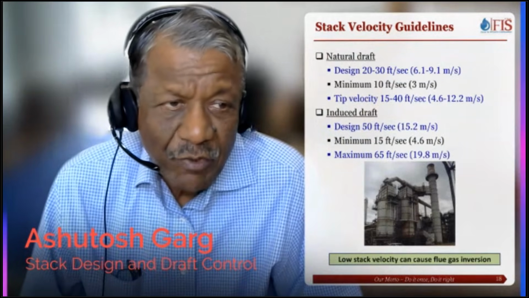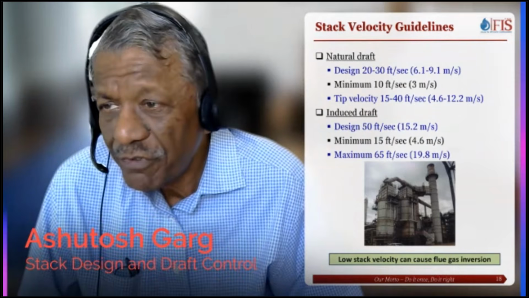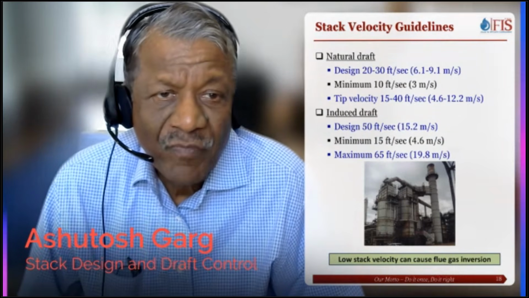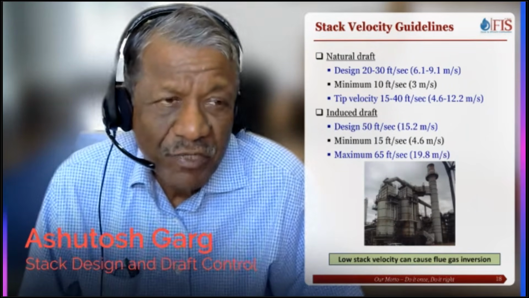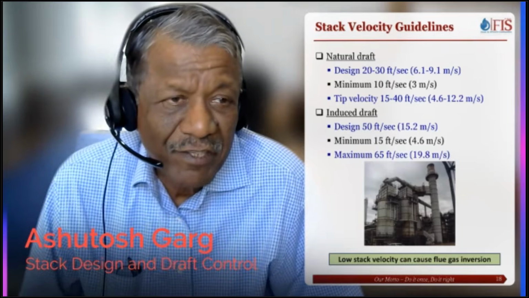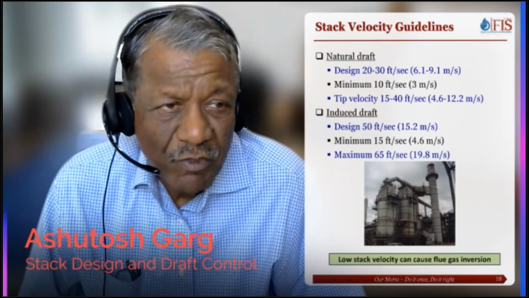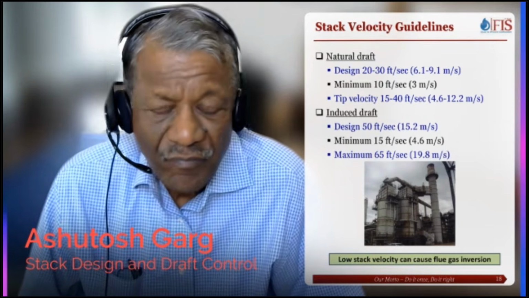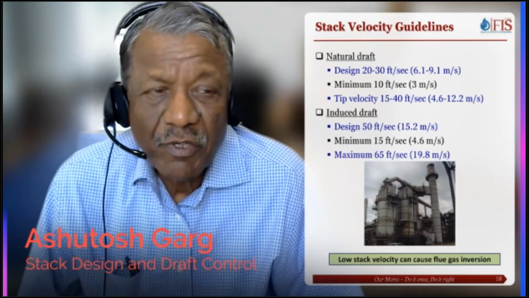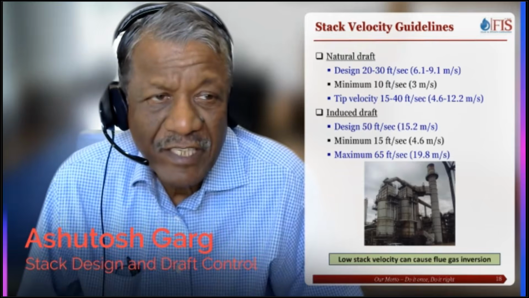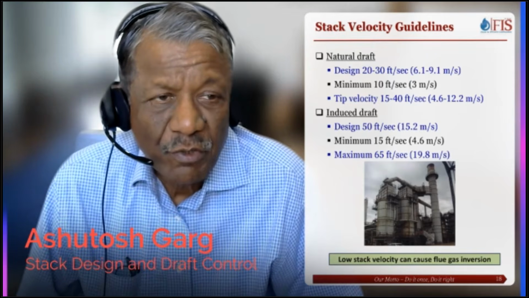Let's get into a little bit of designing now. What velocity should I use for sizing stacks? General guidelines for natural draft are 20 to 30 feet per second, or 6 to 9 meters per second. Minimum velocity, you can go down to about 3 meters per second. And typically for the tip, you may want to keep a high velocity. I would recommend anywhere between 30 to 40 feet per second